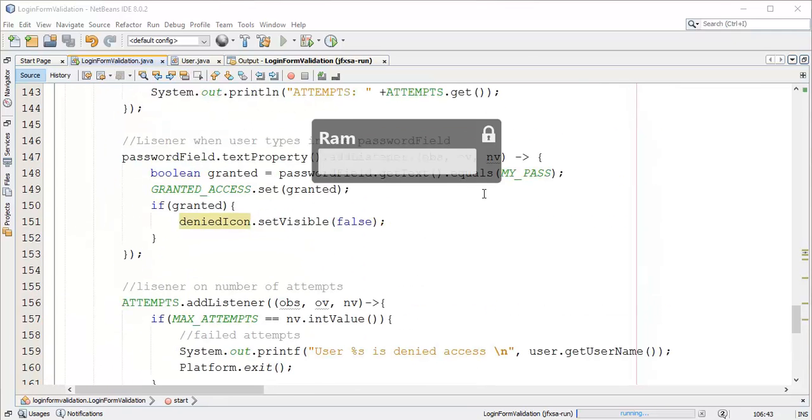So this is the 10th tutorial. In the next tutorial we are going to see some menu items like check menu item, radio menu item,